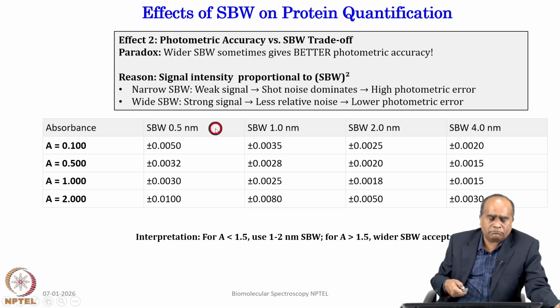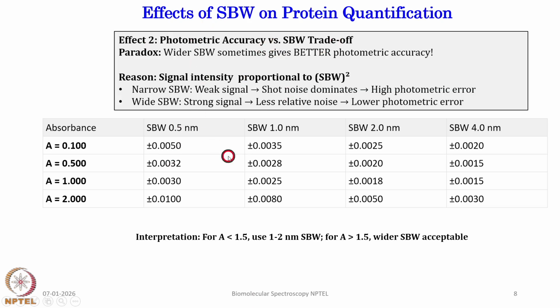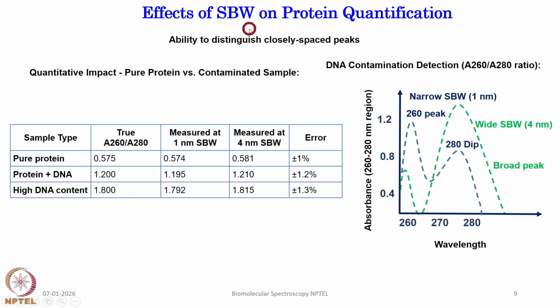If you are getting more flux, there is less relative noise and low photometric error. So, one has to trade off between the sharp spectral width and photometric accuracy. You have to balance between these two, whether we are sending enough light to the detector for using it. So, the effect of spectral bandwidth on protein quantification: I said if the spectral bandwidth is not very accurate, we get